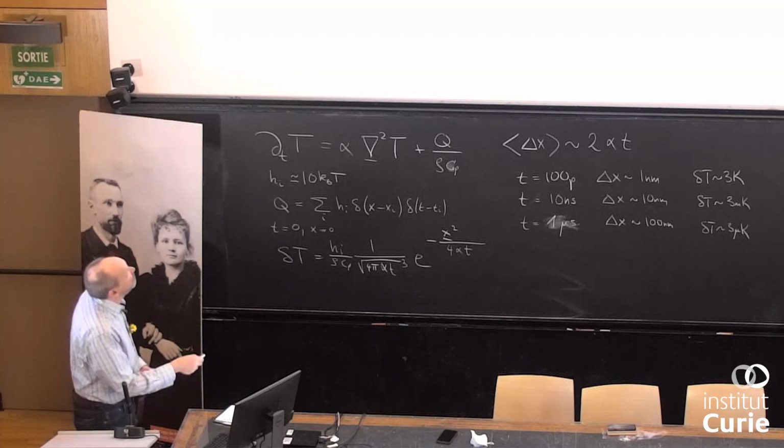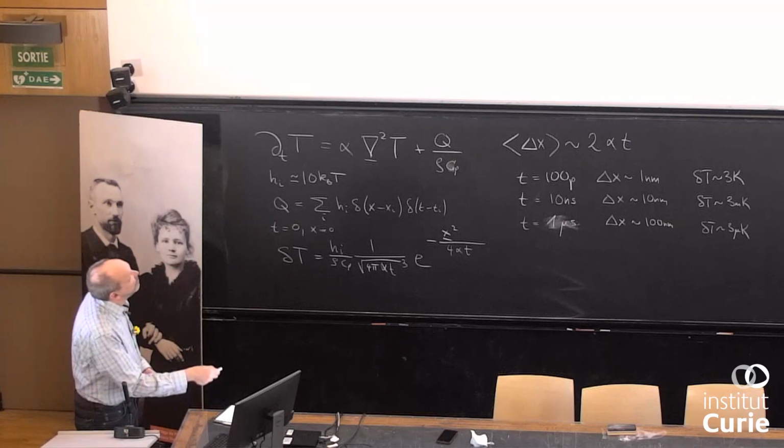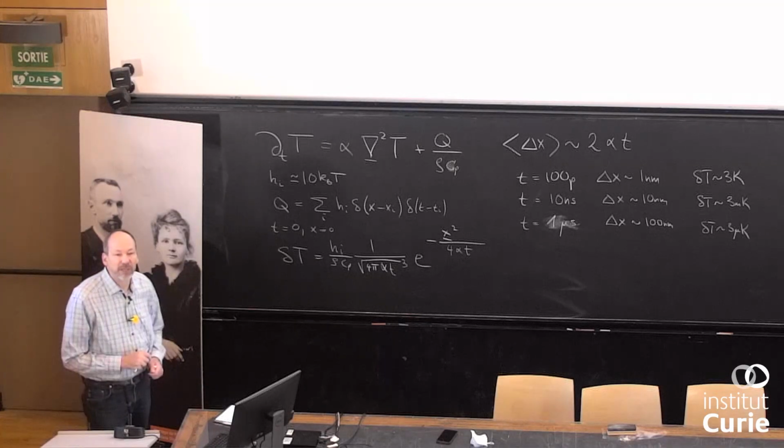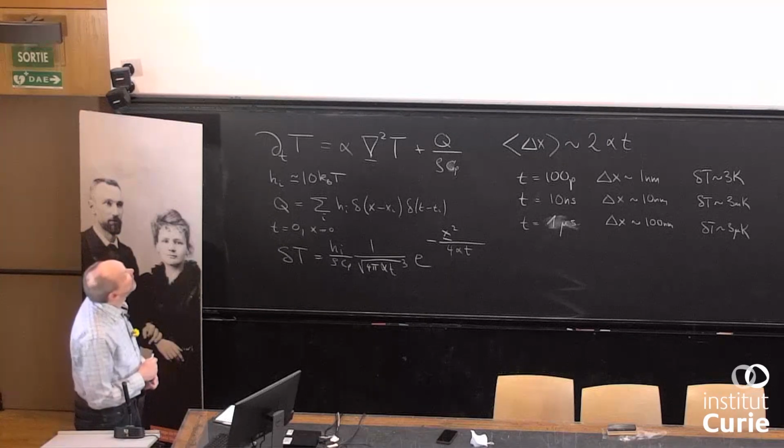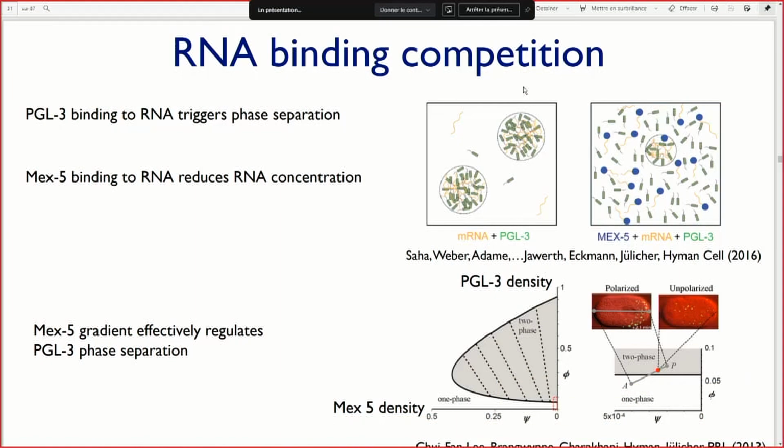And this can then be simplified in a diagram which is more schematic, a very simplified model, which has PGL-3 density and MEX-5 density, and I don't look anymore at the RNA concentration. So it's an effectively reduced diagram. And the idea then is that we have a phase separation of PGL-3, which is dependent on the local MEX-5 concentration. In the cell now, as the cell gets polarized with a concentration gradient, different sides of the cell